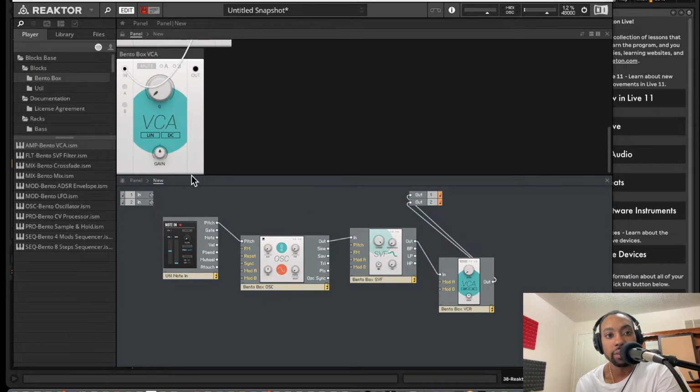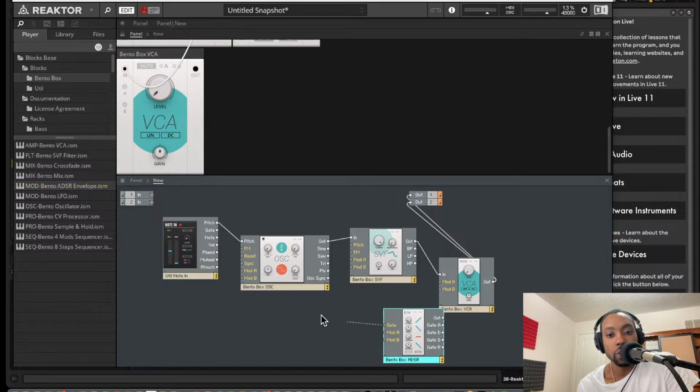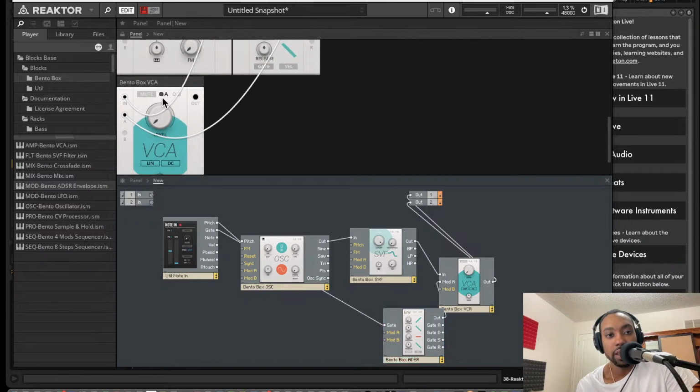I'm going to turn it down. We're going to add in an envelope so we have control over the amplitude. So this gives gate control, like an on-off switch, over our modulation source. Going to turn up the modulation depth so we can again have control over the whole range of the amplitude. Going to make sure our volume's down as well so we don't blow our eardrums out, because